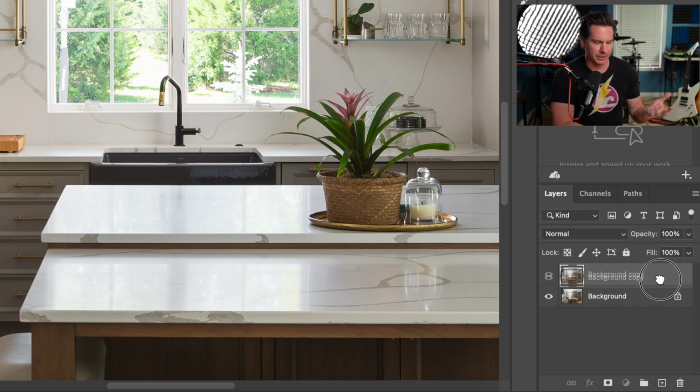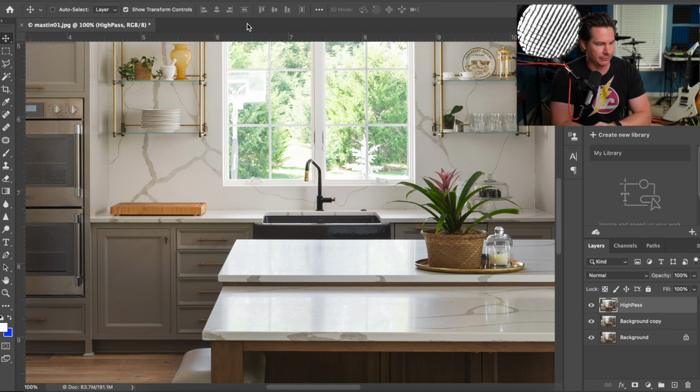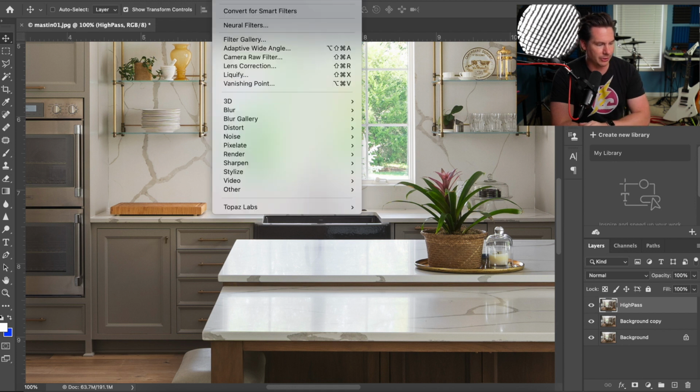And just to be safe, I'm going to do it again. We're actually not going to mess with the original background layer whatsoever. So this top layer, I'm going to label high pass. And I apologize that it's cut off from the screen recording, but I'll tell you what I'll do. So with this top high pass layer, I'm going to go over to filter, select other, and then clearly high